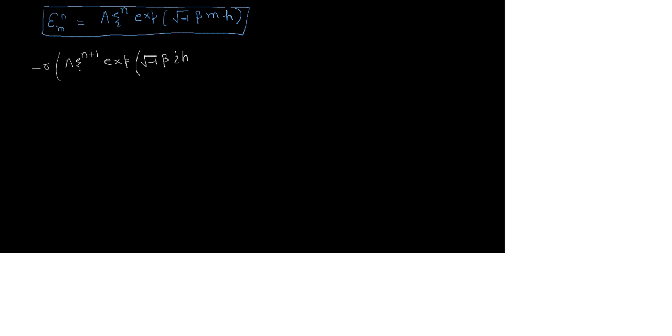Okay, so now we will substitute this into the last equation, the error equation. So this will give me minus r ζ^(n+1) exponential square root of minus 1 β (i minus 1)h, plus 2 plus 2r ζ^(n+1) exponential square root of minus 1 β i h,